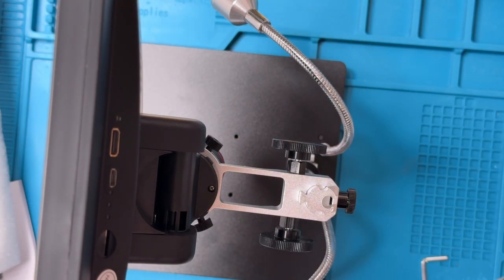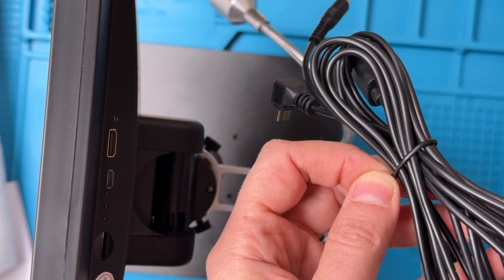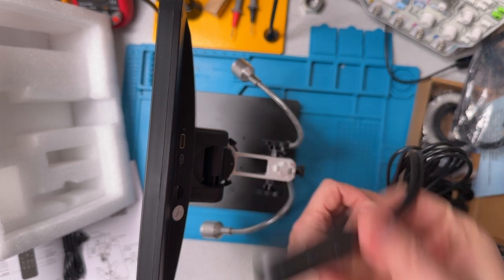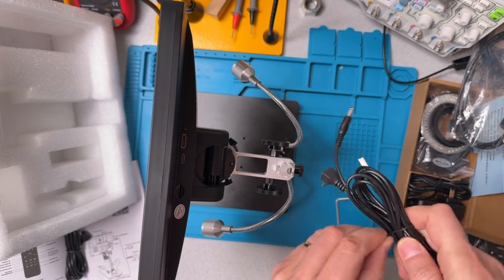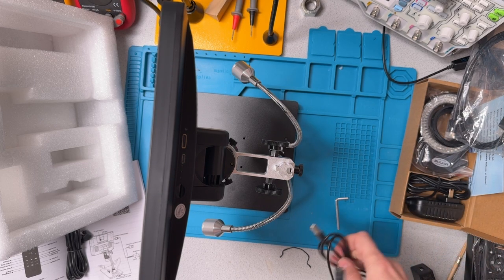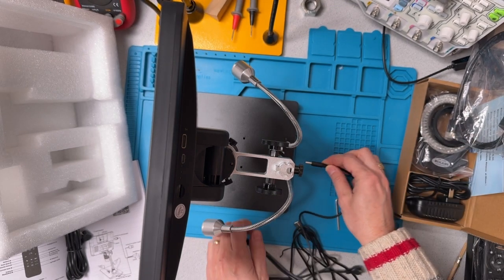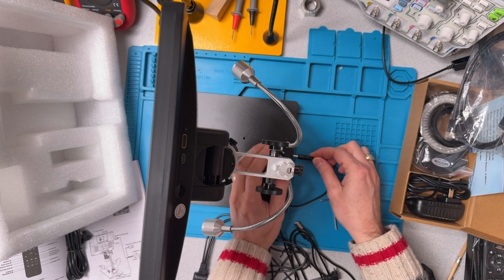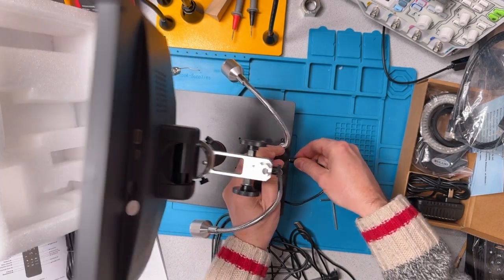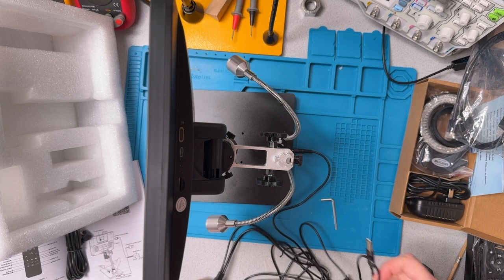Now we want to wire it together. And so we've got this wire here. Let me zoom out a little. So we've got this wire here with the switch control. And so this plug goes into the back here for the lights. Okay, and then